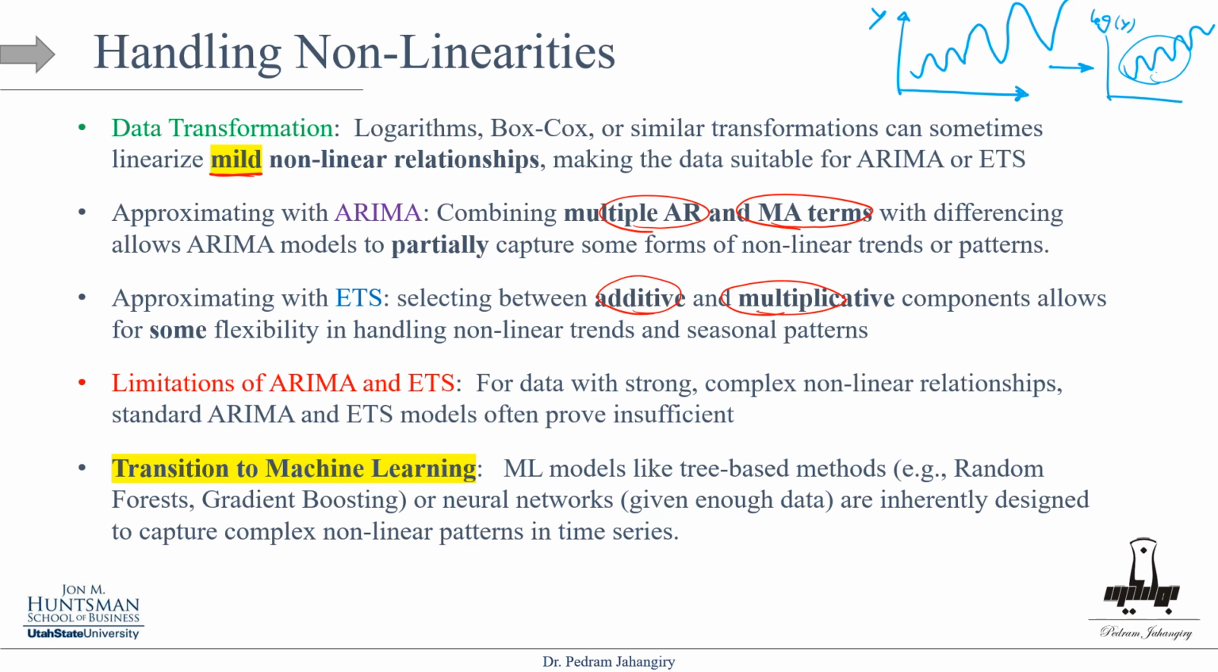So what is the answer? If you want to capture some sort of complex nonlinearity in the data, we need to transition to more non-parametric models. Remember, econometric models are parametric models. You assume a functional form, but the machine learning and deep learning models that we cover in this course are all non-parametric. For machine learning, we look at tree-based methods like random forest, gradient boosting, XGBoost, CatBoost, LightGBM, you name it, or neural networks. These are non-parametric, meaning that inherently they're designed to capture complex and nonlinear patterns in the